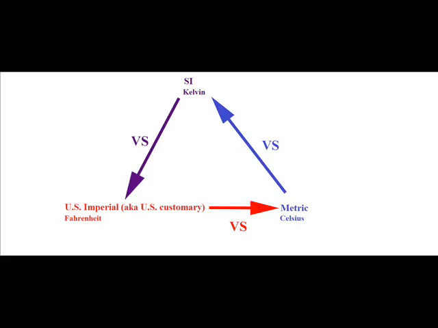Before we begin, I will ask that everyone comes here with an open mind, puts aside their biases as best they can, and not use the genetic or circumstantial homonym fallacies to reject my claims. Thank you. Now then, Fahrenheit versus Celsius versus Kelvin, and U.S. Imperial, aka U.S. Customary, versus Metric versus SI. Which is the best?